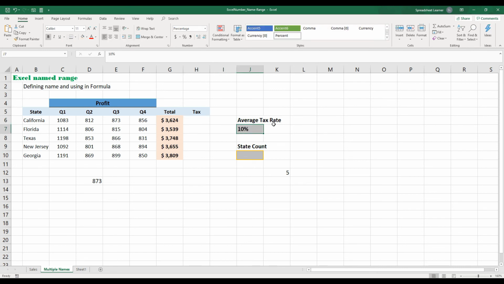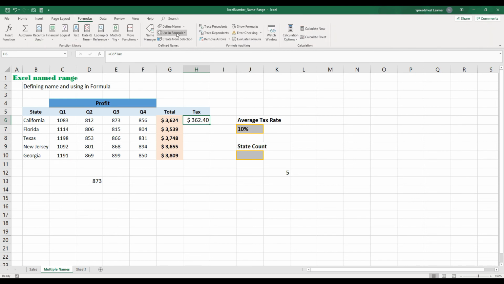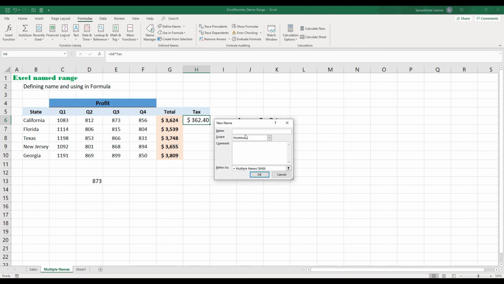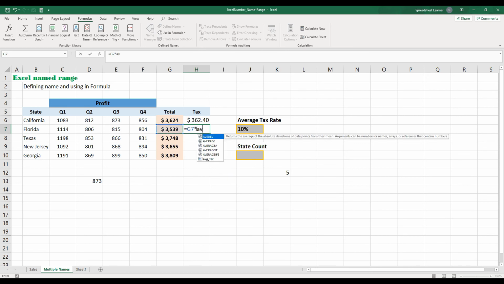We can simply name this cell as tax and multiply this cell with tax, and then you can see how this value is coming. But what if we want to add it as a constant name reference? We can simply go here, name it average tax, 10%. So now click OK. So here what we can do, we can just simply multiply it with average tax, and